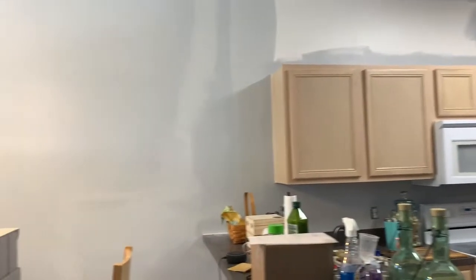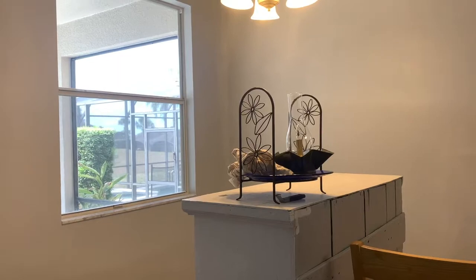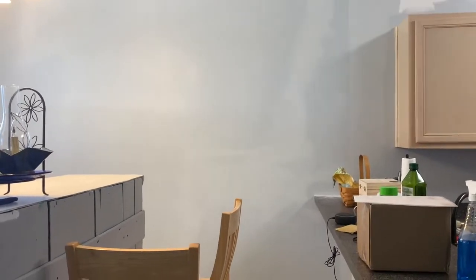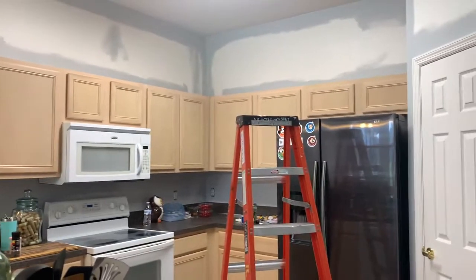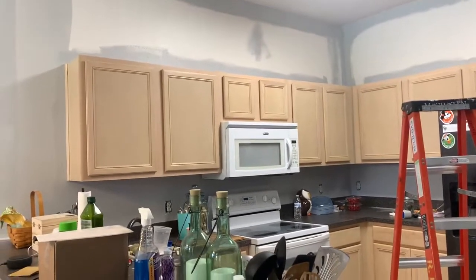So the plan with the kitchen, I think I mentioned it in the video that I did yesterday. We are going to try to qualify for the IKEA project card. We figured that we'd probably just remodel the kitchen sooner rather than later, because it doesn't really make a whole lot of sense to wait until we buy a rental, because if we go ahead and apply for the project card now and we are able to get approved for that, then it'll be paid off pretty much by the